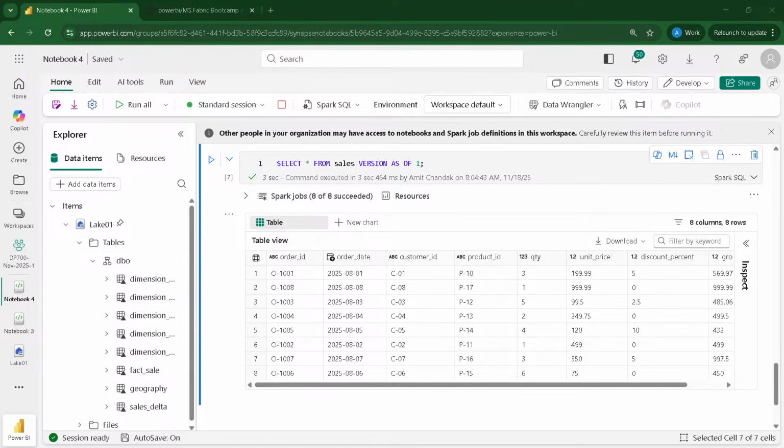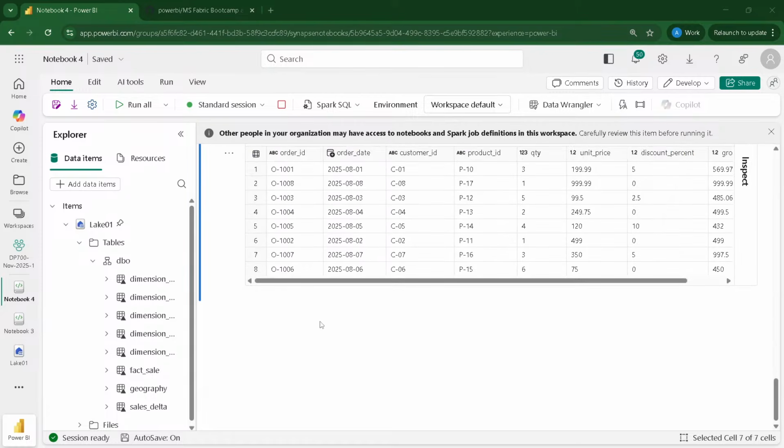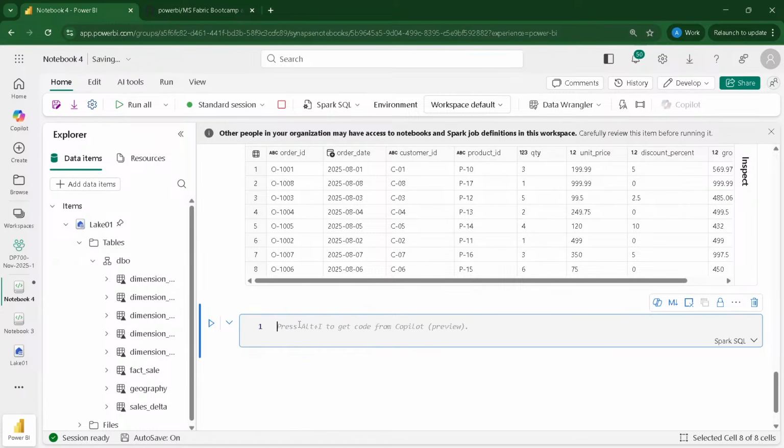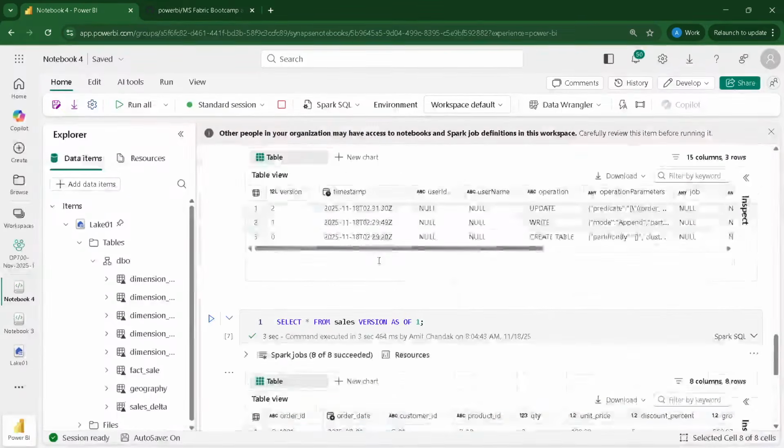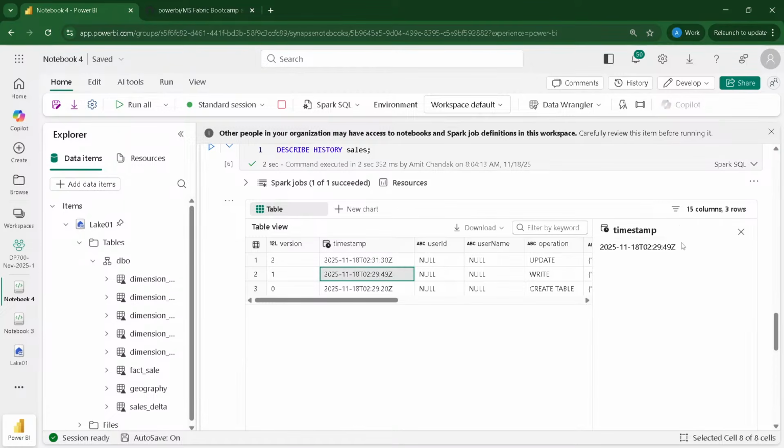And then another way, I can use the timestamp also. So select star from the table, timestamp as of. Now there is a little difference from T-SQL. So those of you who watch the T-SQL, don't try to use it like T-SQL here. I'm running Spark SQL. It's very similar, but the syntax is different. There is no bracket inside on timestamp or something like that. Timestamp as of, and I need to now get the timestamp because this is not the correct timestamp.